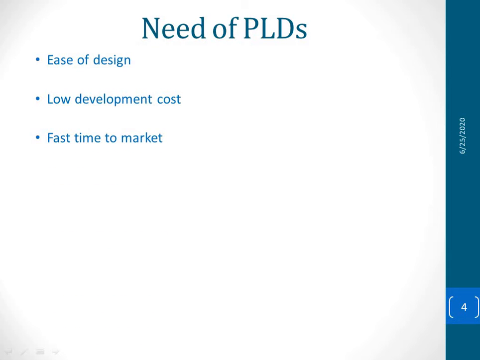Cost is one more criterion, and we want to move into the market sooner. This is called fast time to market, and we want to generate revenue by selling these products. If these products are really useful and used for many applications, and not meant only for one specific application, then no doubt the one who purchases will purchase these things.